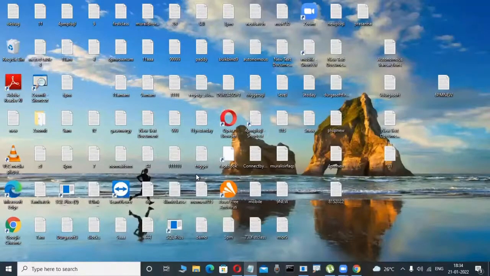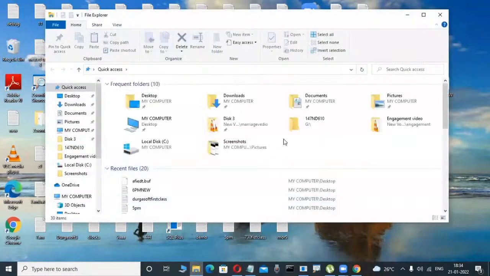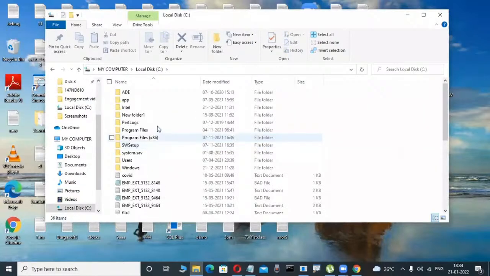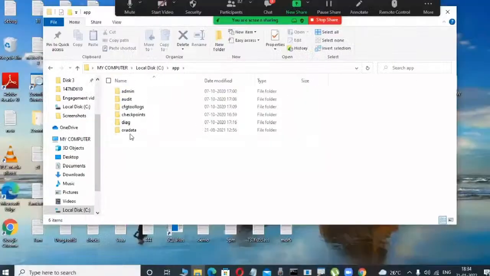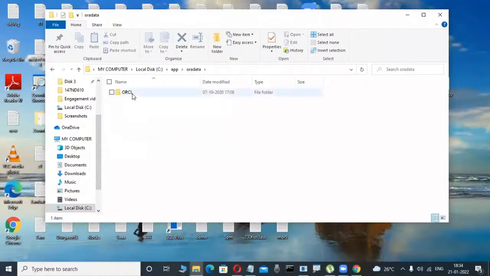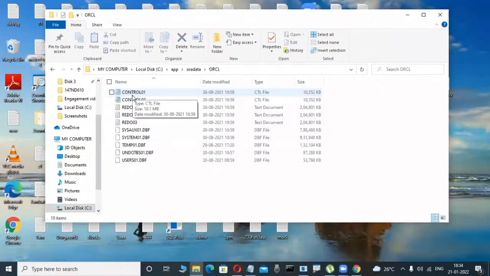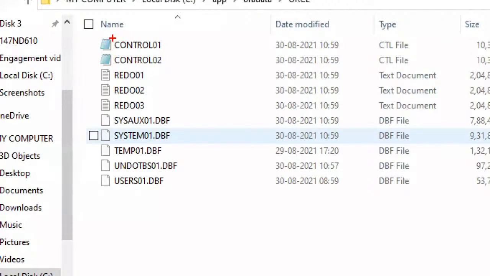Now I'm interested to view whether this table is created or not in my operating system. Suppose a Windows operating system is there, where Oracle is installed. In that location, I try to view, for example, in C colon, where Oracle is there. Those are directories, these are folders. Here, Oracle, Oradata, ORCL. I'm observing only. In C colon, I installed my Oracle software. In this Oracle software, anywhere,